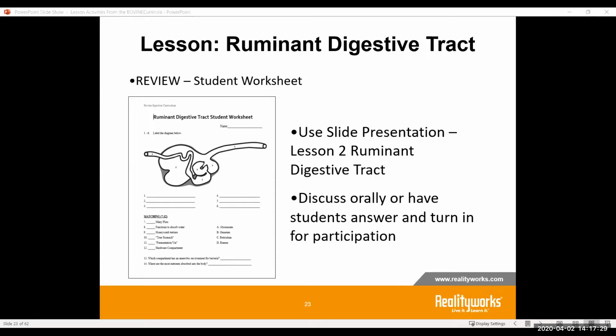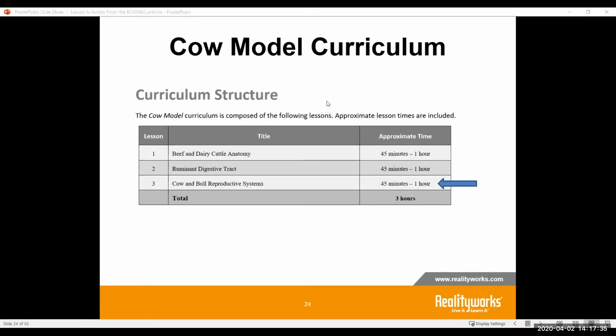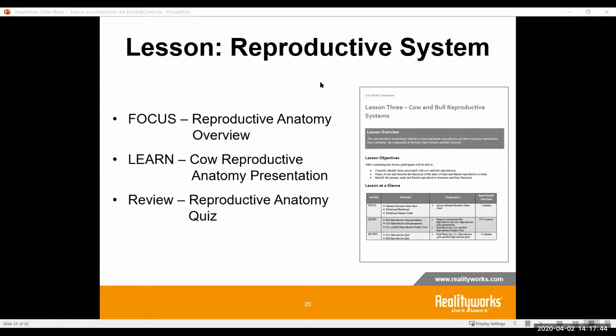Now, going from that world, let's talk about other systems within the animal and bovine. In the cow model curriculum, we also have the reproduction system. If you go into the reproductive system, another piece of this is the focus not only on one system, but jumping into other systems as well, and how different systems within the body work.